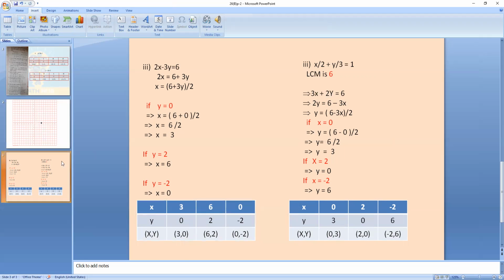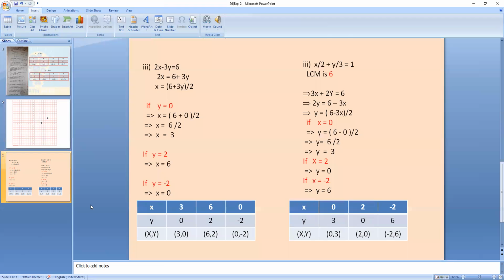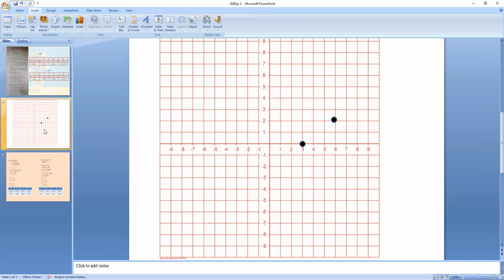Next, 6 comma 2. Where will we get 6 comma 2? X is 6 and y is 2. Is this the point? Yes. Next, 0 comma minus 2. X is 0, so you'll get it on the y-axis. So this is the equation. So joining these three,